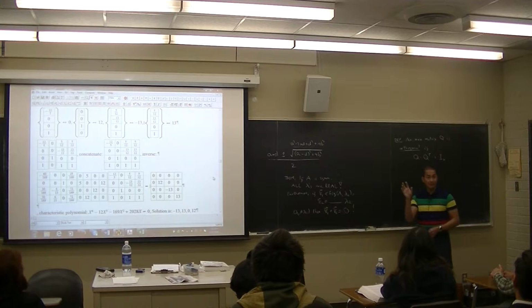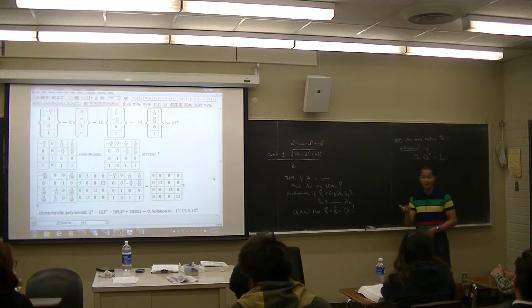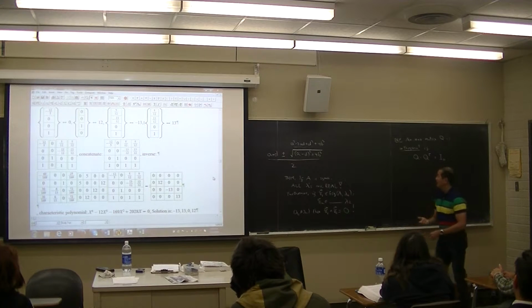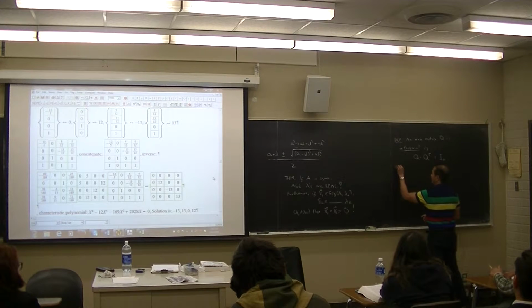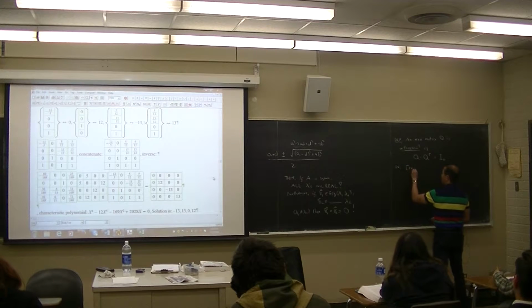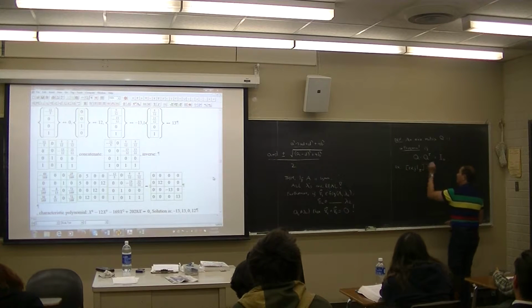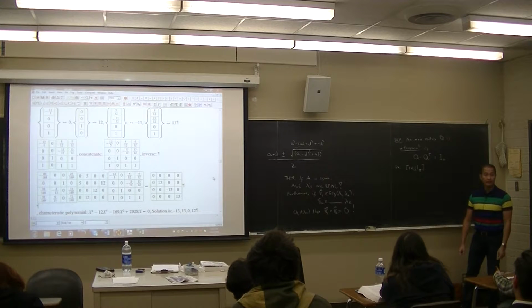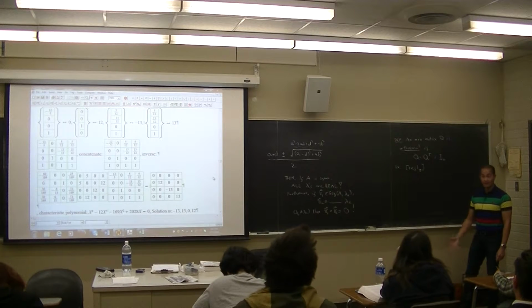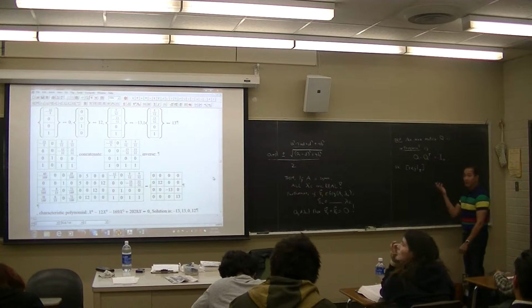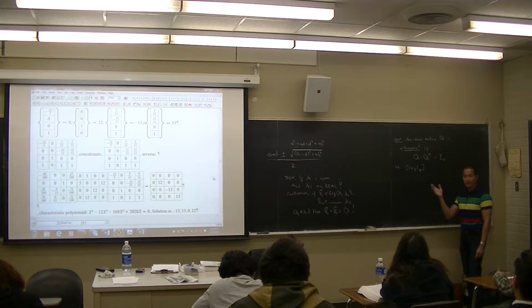Reflections, across a line or across a plane. That is a good example. The matrix of a reflection operation across a plane or a line is symmetric, so when you transpose it, you get the same matrix. If you reflect the vector twice, you get the original vector. So that's the identity